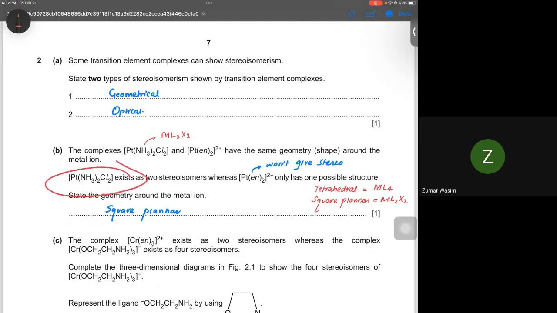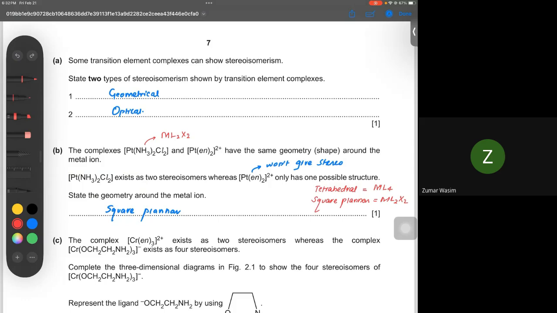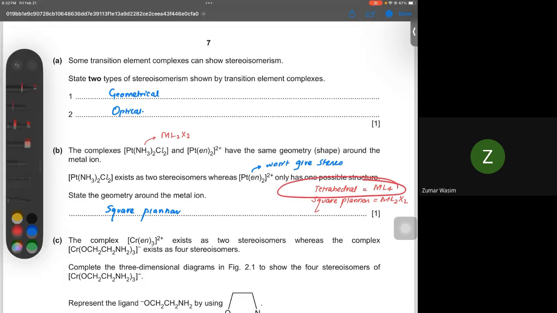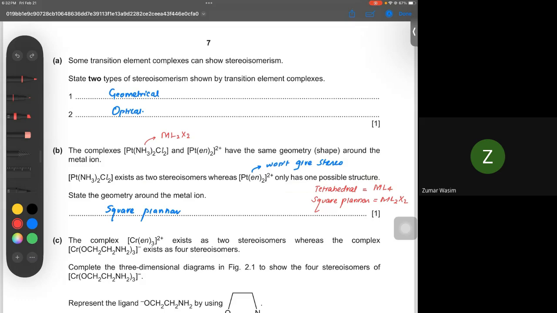There is a confusion whenever we see the coordination number equal to 4. The 4 is quite a confusing number, whether the compound is going to give you tetrahedral or square planar. So remember, whenever you see the situation ML4, the geometry would be tetrahedral. And whenever you see the situation in which there are two different ligands, ammonia the same, chlorine the same, but overall they are different,